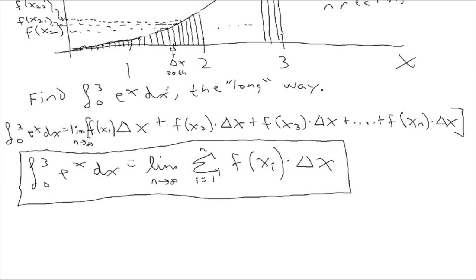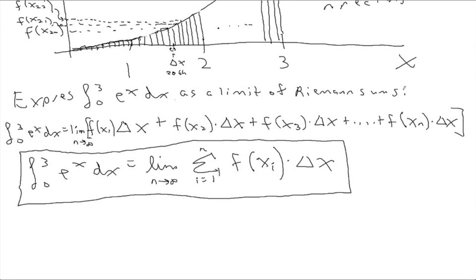So this is how we would find the integral the long way. The long way to find this integral is to find the limit of the Riemann sums as n goes to infinity. Another way they could put this, and this is actually how they usually put it in your class, is they say, express this integral as the limit of Riemann sums. So would that formula be the same for any